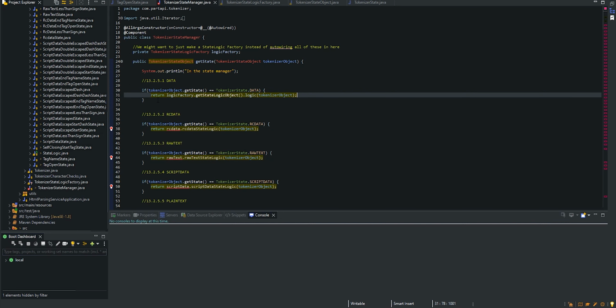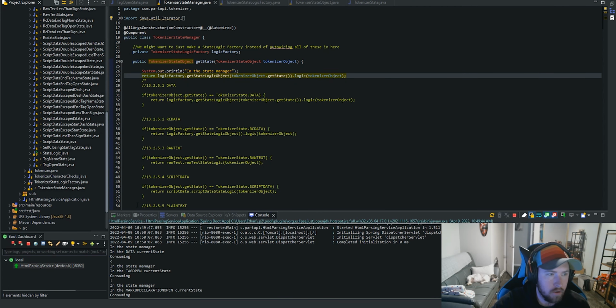So now we just need to do that for literally all of these, and we're good to go. I made a little bit of discovery, just like I'd kind of thought before, but then I kind of backed down on and then came back around to, flip-flop. The reason why I didn't really want to make a state logic factory is because our get state function literally turns into this essentially. So we might not even need this entire class that I worked so hard on.